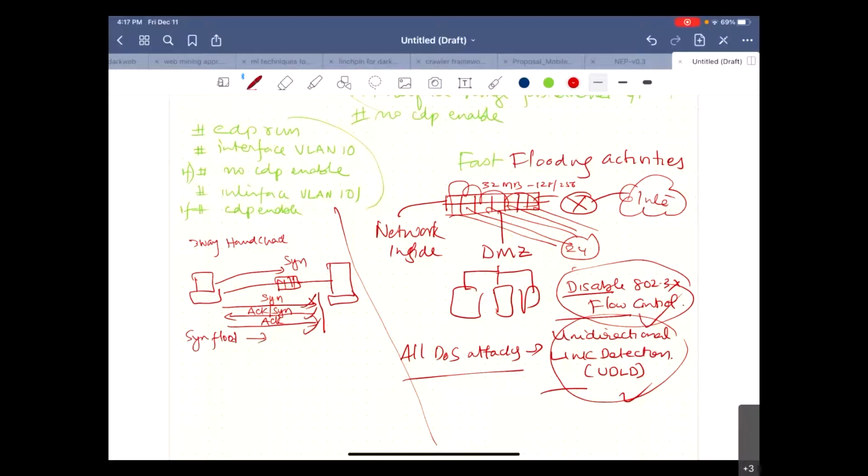SYN flood is a technique where they want to know what kind of ports are open, in such a way that they learn what kind of services are running. What happens? They send a SYN packet, and an acknowledgement comes back with respect to the SYN. By this time they understand the port responded, so that port is available. So they acknowledge and immediately reset the packet. Actually, in a SYN scan, they directly send the reset packet itself, because by this time they understood that that particular port is open. Port open means what? That service entry is available.